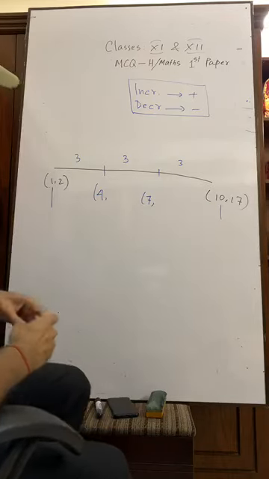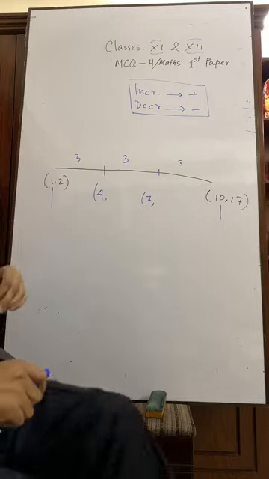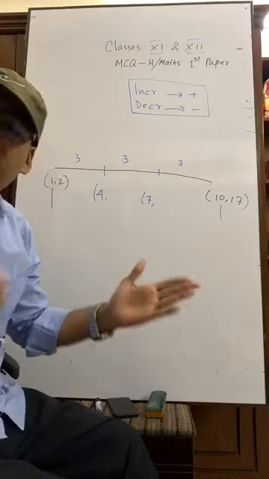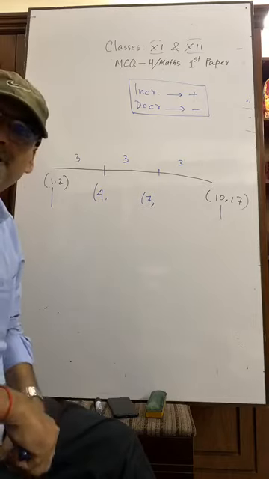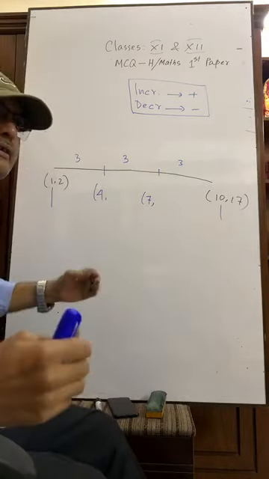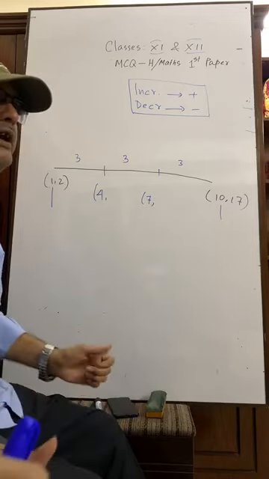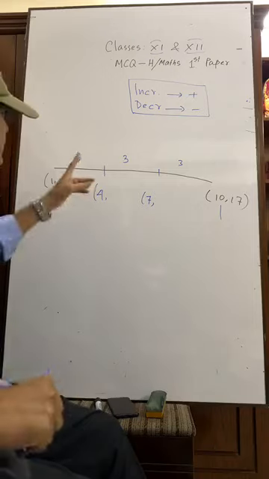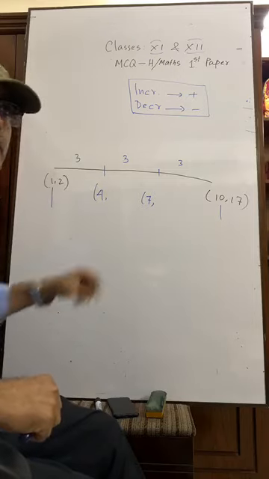Have you seen? Okay. See again. 1 and 10, the difference is 9. That's good. So 9 has been divided into 3 equal distances